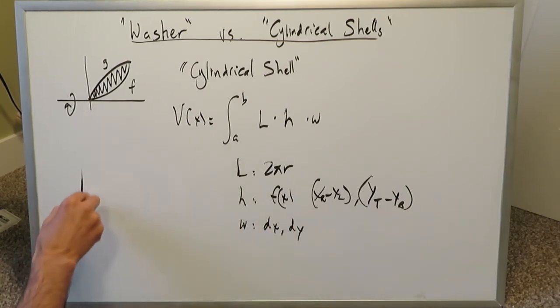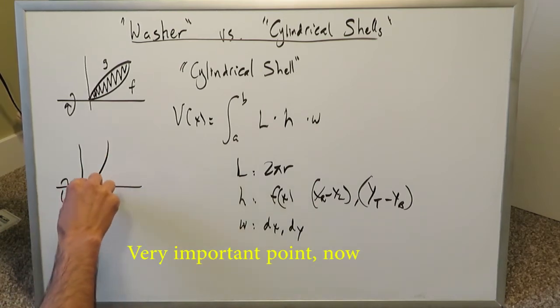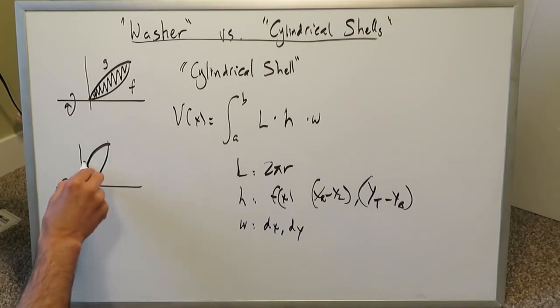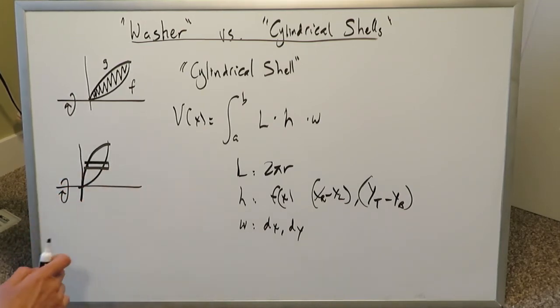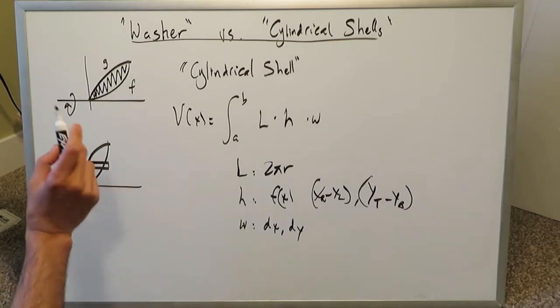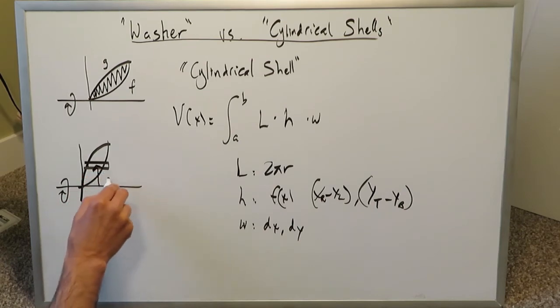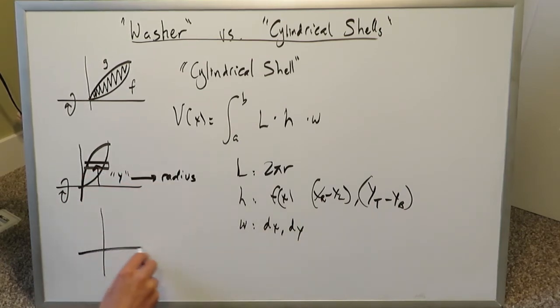In this specific instance, we have our line of rotation as the x-axis. We have something which looks like this. Your rectangles have to be always parallel to your line of axis or your line of rotation. My line of rotation here is the x-axis. My rectangle must be parallel to that x-axis, so it has to be horizontally oriented. I will look up in a perpendicular manner to that rectangle, and that will give me my radius, which will be my y. For the same representation, if I were doing a rotation around a vertical line of axis, which is the y-axis,